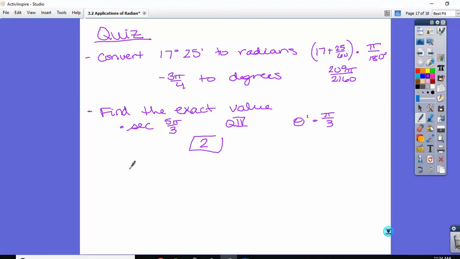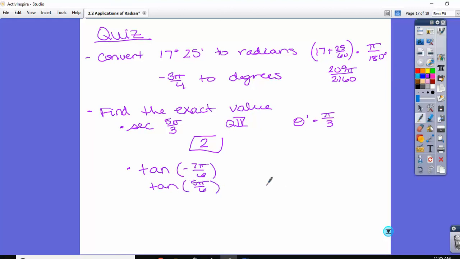There was one on the homework that I know got a lot of you, or I think there were like 3 of them. It said tangent of, let's do negative 7 pi over 6. Okay. What did we do if we had a negative angle? We added 2 pi to it. 360 is the same as 2 pi. You can do it on your calculator, you just don't do the pi, so you do negative 7 over 6 plus 2. And so that gives you tangent of